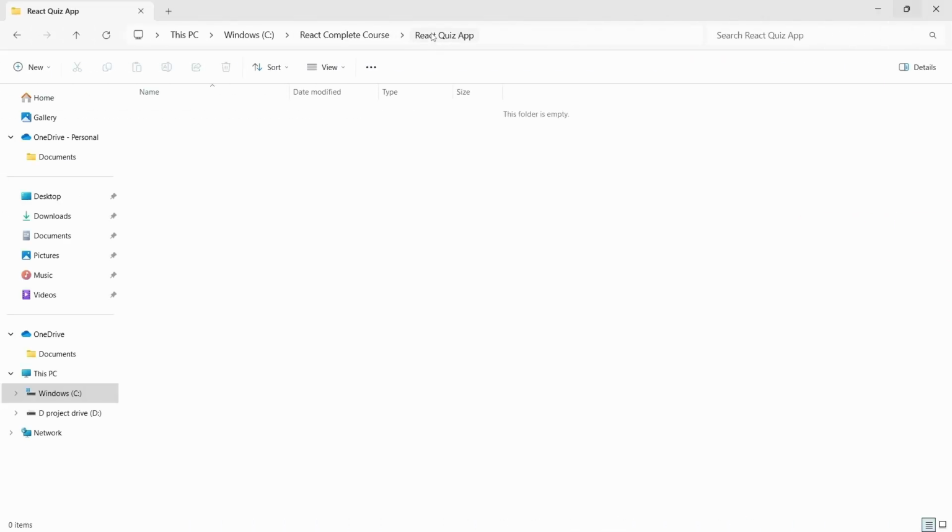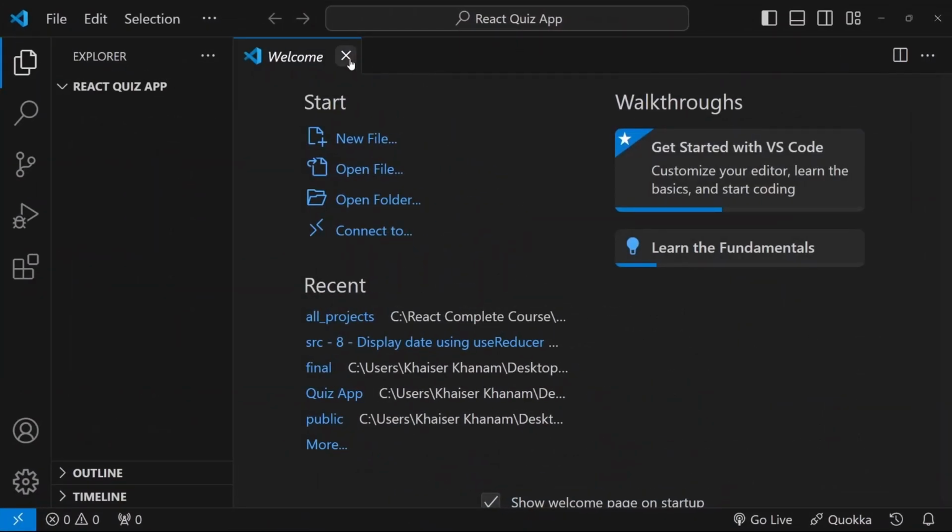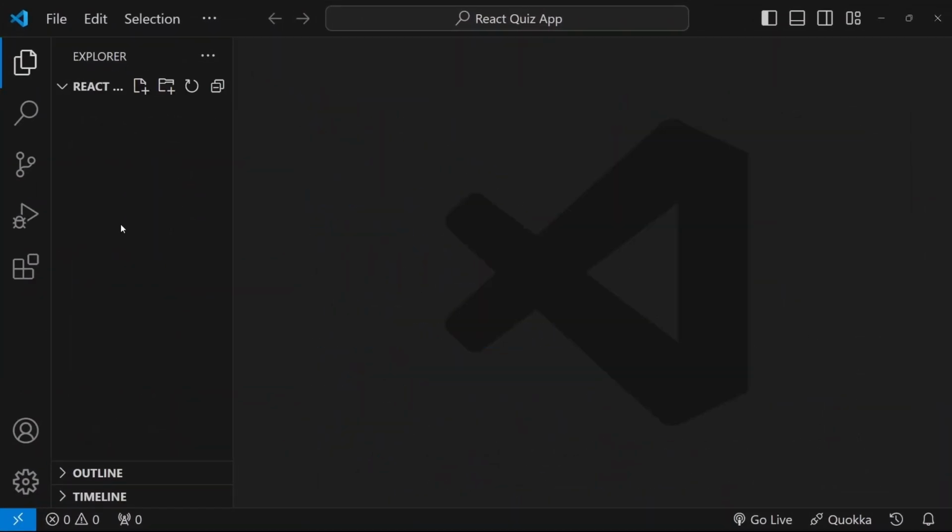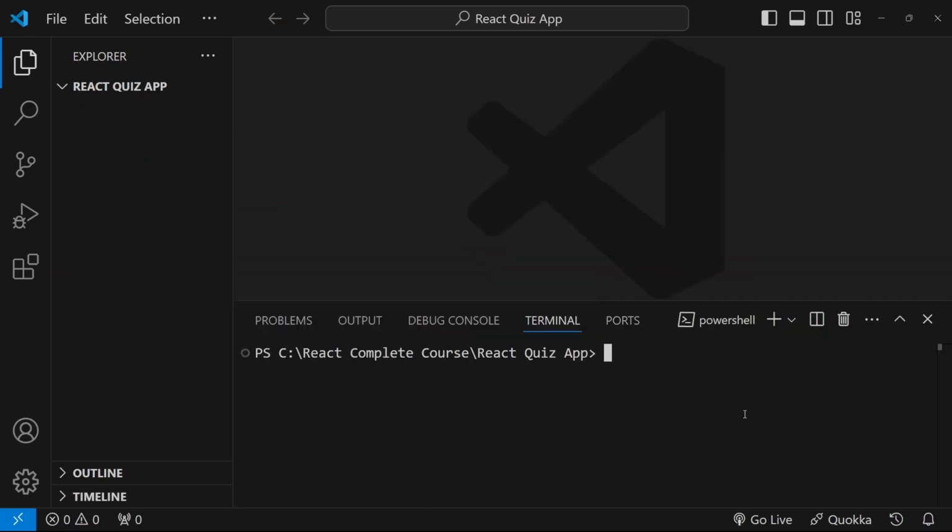So here I have created one folder, React Quiz App. Accordingly, you can give any name, right click, open with code. I am just going to open my editor. I will close this. Now here inside this, I am having this folder open. Now I am going to open my terminal, shortcut Ctrl J, and inside this I will be writing the command